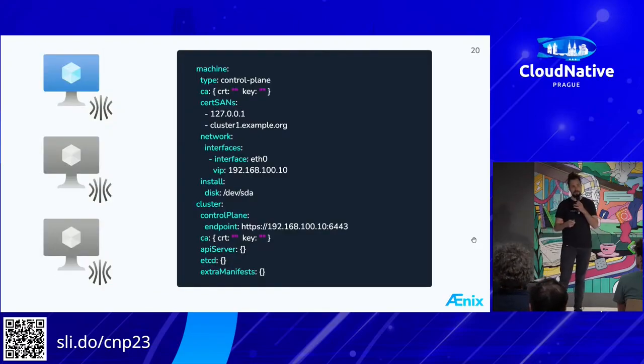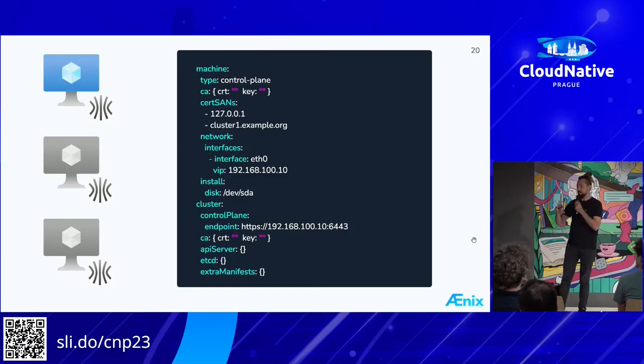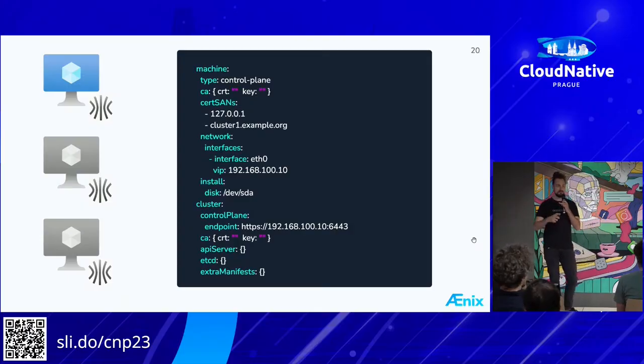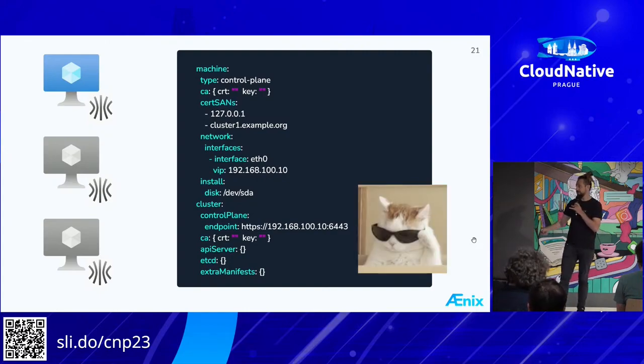Talos Linux is a Kubernetes-oriented distribution. It is very specific, and it can be used only for Kubernetes. It is actually a single-purpose operating system to run Kubernetes clusters. It is not a normal operating system where you can log in over SSH and install some packages. It has a single core, and it has an API server which is very similar to what Kubernetes has. So you can configure Talos Linux with a single YAML config, and this is how it